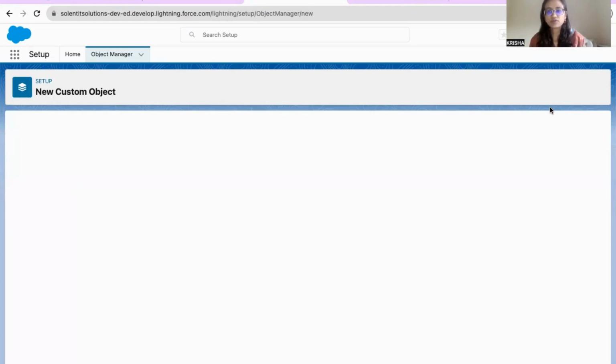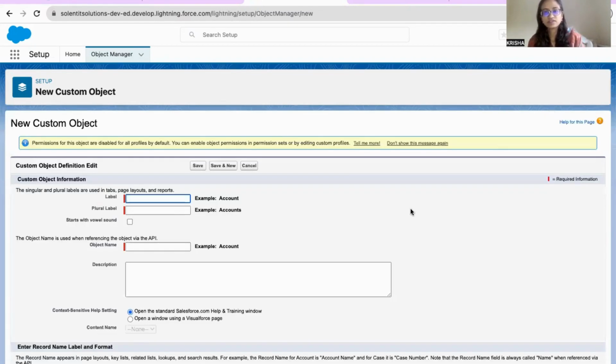Also, we have custom object from spreadsheet. That means we just need to take one Excel, and fill in all the details it needs. It is a process of creating many objects at a time. And if you want to create only one object at a time, then we can go for a new custom object here,